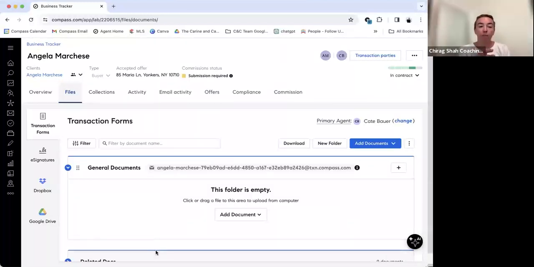I was doing a very similar thing, not with Dotloop, but with DocuSign, which is why I ended up coming up with the Google folder system. Kate came up with it, I didn't come up with this. I just use Google folders. But the only thing I didn't like is that once I closed out a transaction, even though it was very organized in Compass, and I know all of these client files are saved somewhere in some archive, I've had Compass pull them for me after they've closed, but I didn't like that they weren't readily available to me. I don't like putting everything into Compass only.